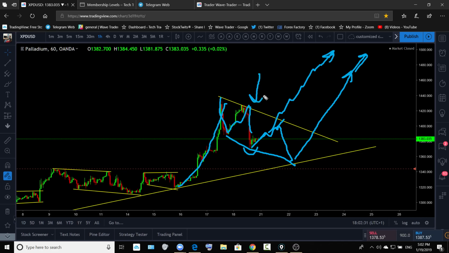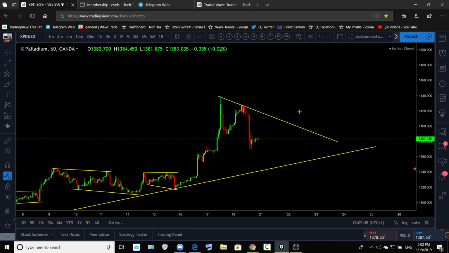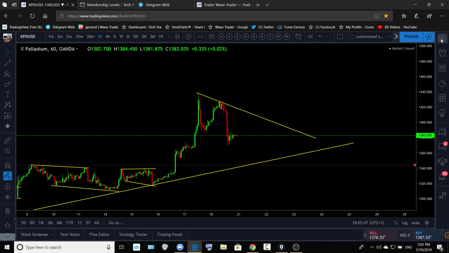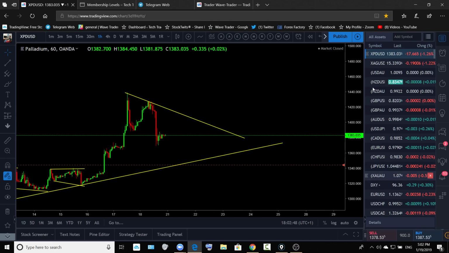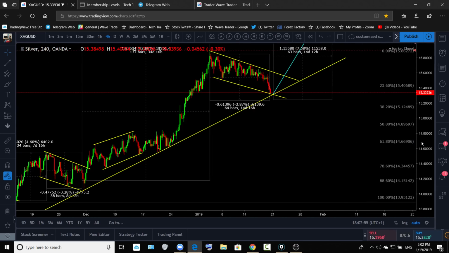That correction can get bigger. If so, then watch these areas. Price should not go beyond 1320, and the correction should be within that. You are looking for this kind of pattern formation for more upside on the palladium. So a good trade setup, a good opportunity is going to be there for short term or medium term for more upside. The trend is very strong, so keep an eye on it this week. And silver, you are looking for silver to go back.